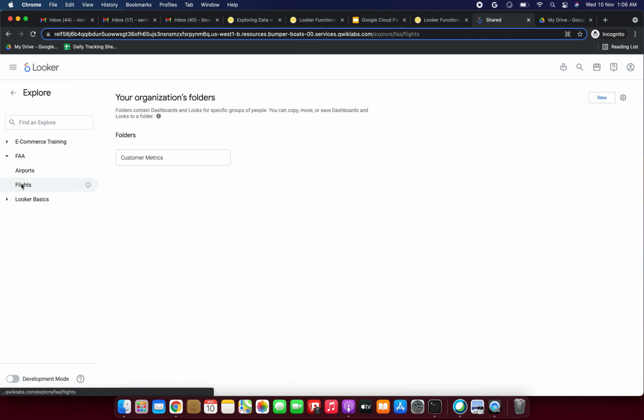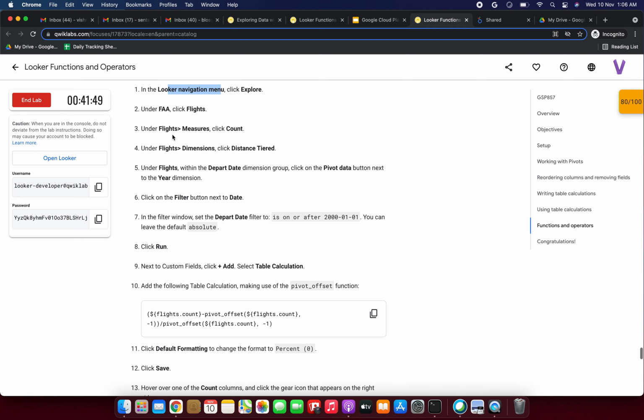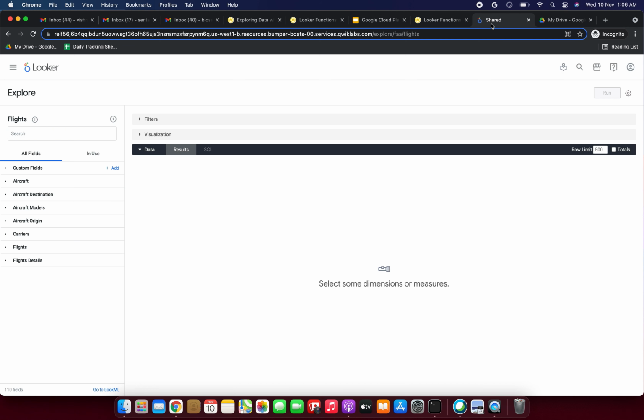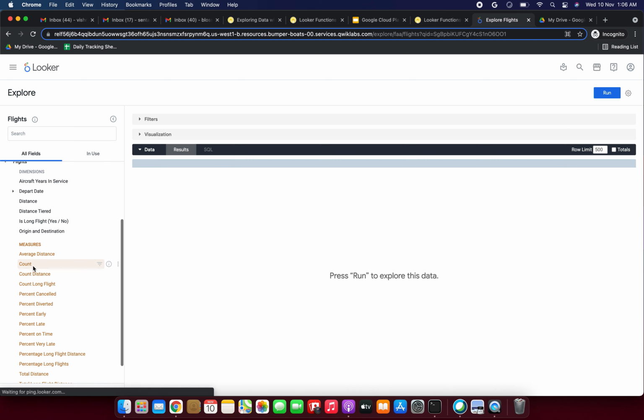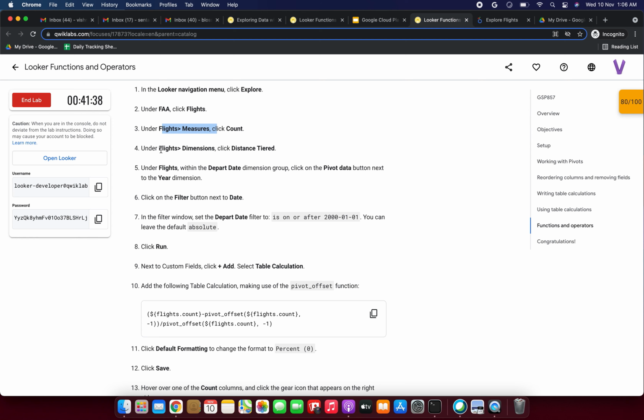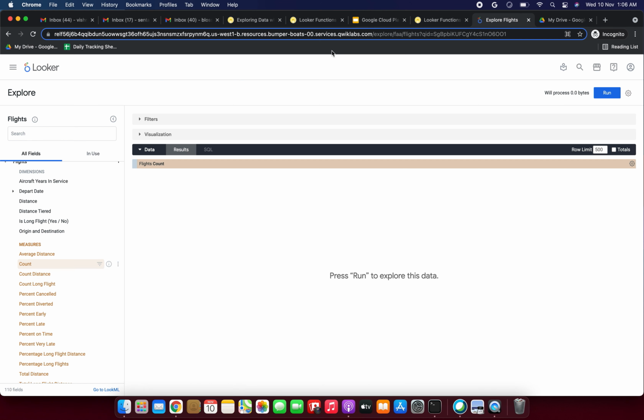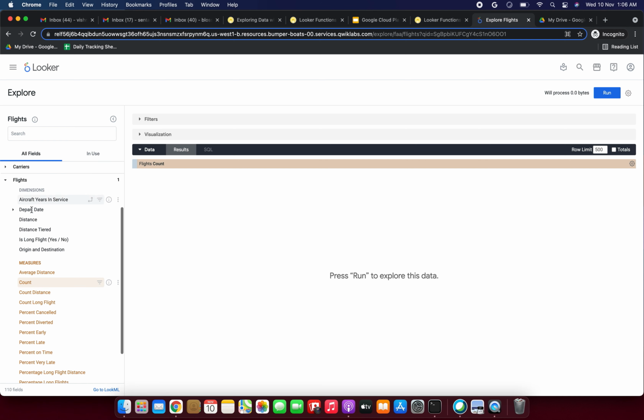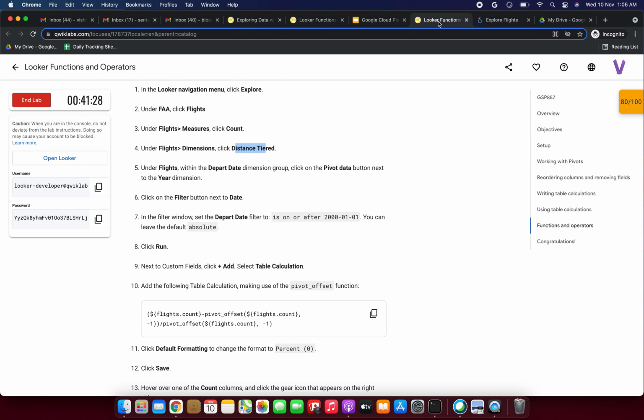Under FAA flights, under the flights measures, click count. Okay, select the count, and next, under flights dimensions, click distance tier. Okay, distance tier here.